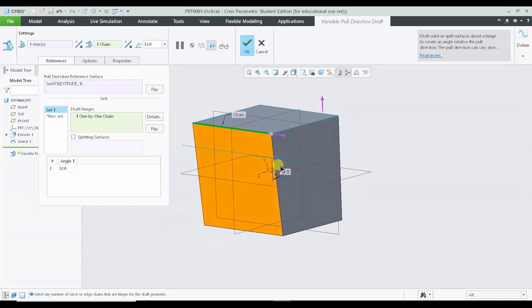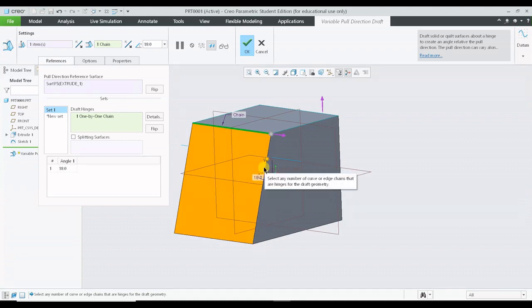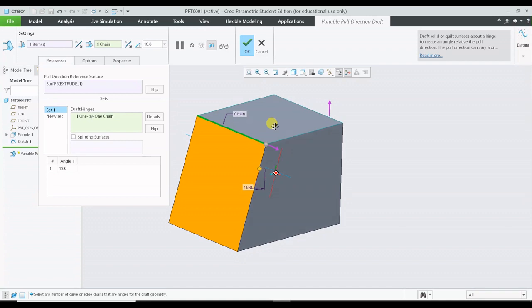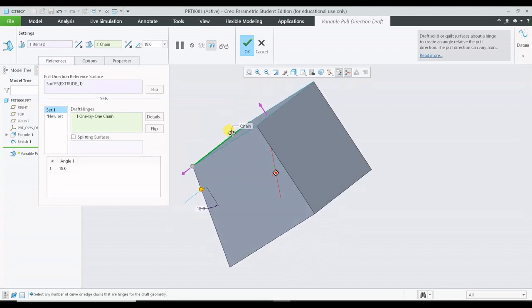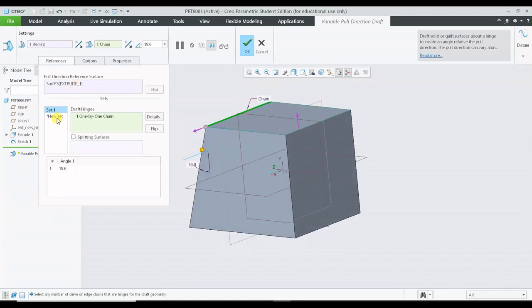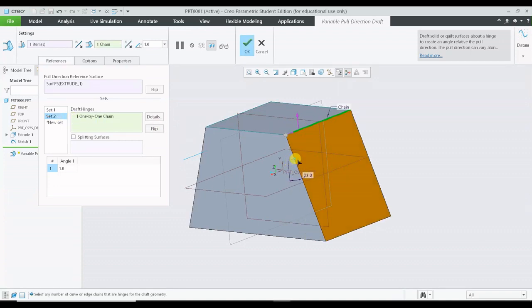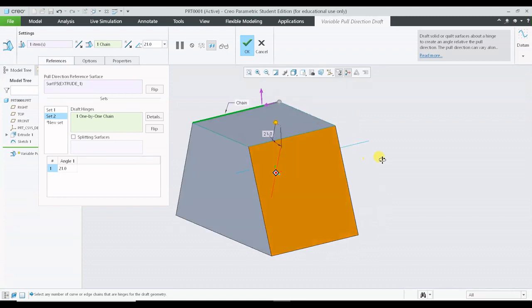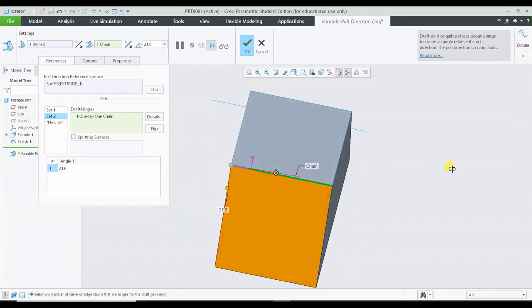So this is about the variable pull direction draft. It has different features. We will be discussing them one by one. Now if I want to add another set on the other side, as I've already selected the pull direction to be the top surface, I can simply go to the new set and select the next hinge. And I can alter the angle with respect to the pull direction. So let us move forward and discuss our